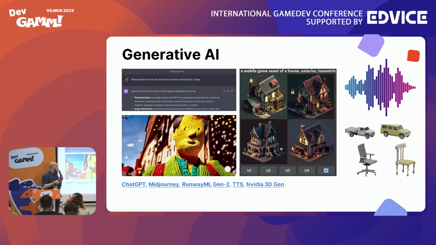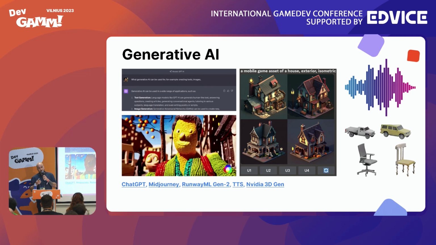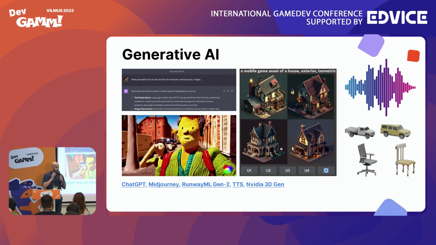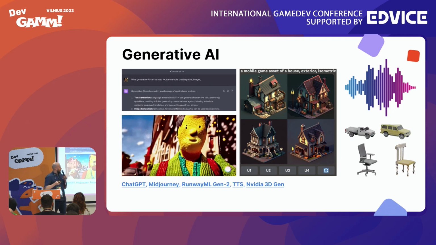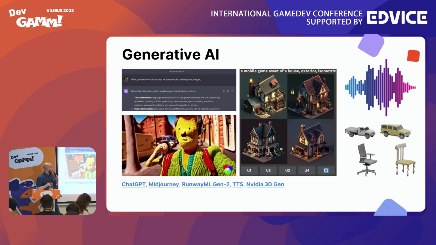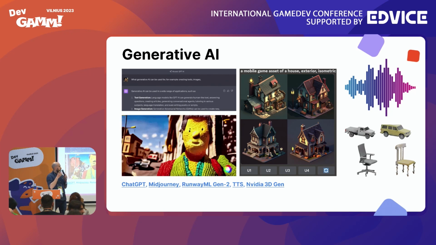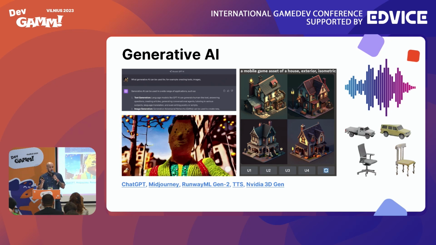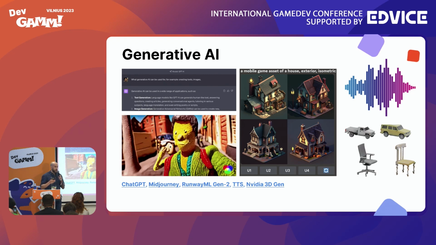Also, there is another application like text-to-speech, and you can generate voice with AI. And these two technologies are the most advanced, I would say. Today, we are going to talk about text-to-image. And we will skip text-to-video and text-to-3D technologies because they are at the research stage.